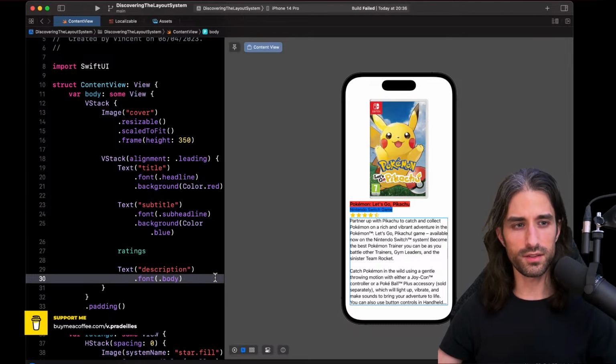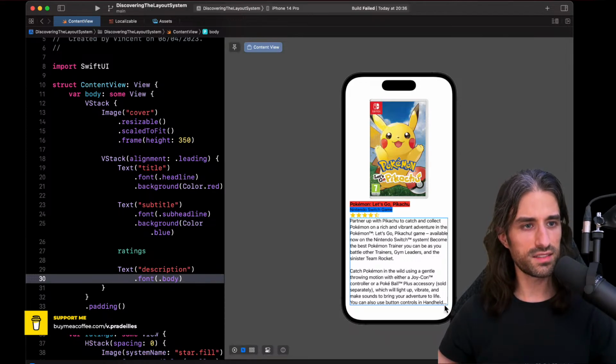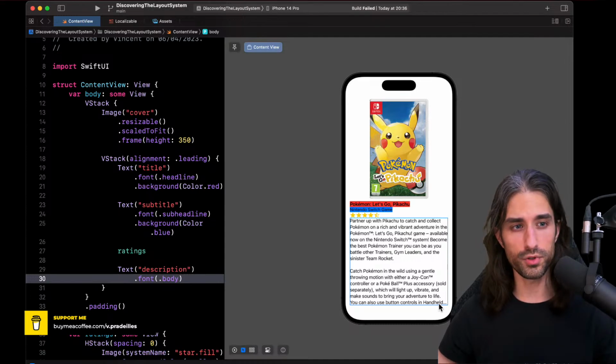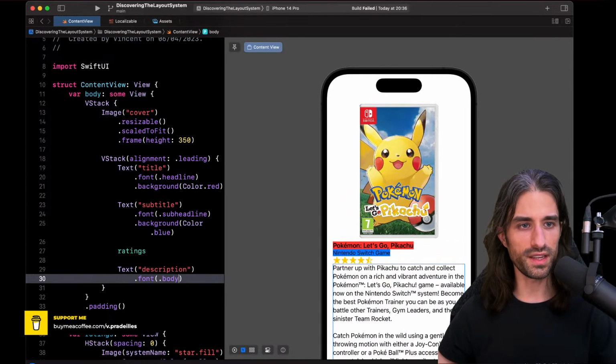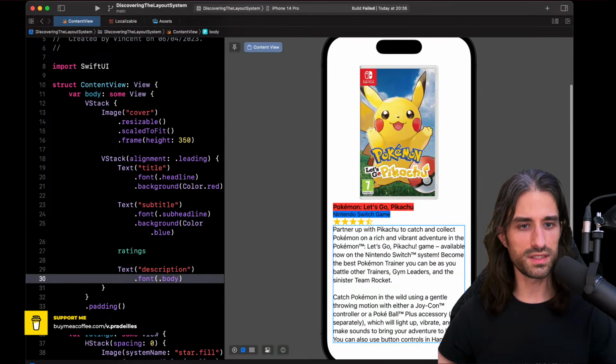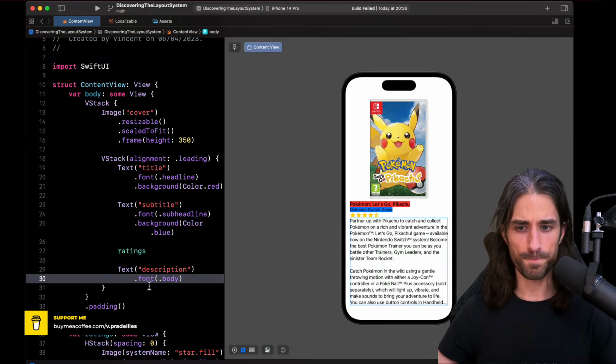And we can notice that the way text behaves in that case is kind of like a UILabel would behave, which is that it truncates the text by adding an ellipsis at the point where there is no more room available on the screen to display the text. Trying to make it a little bit bigger. Okay. The question is, of course, it's not what we want.